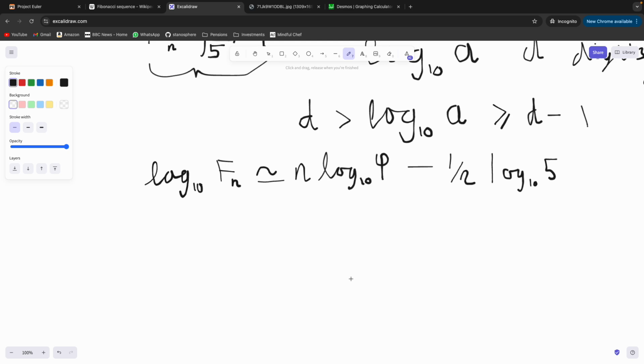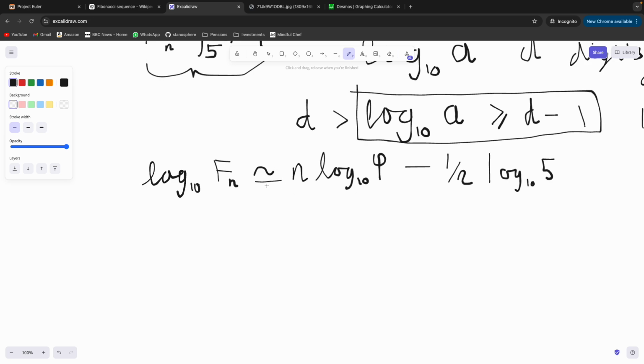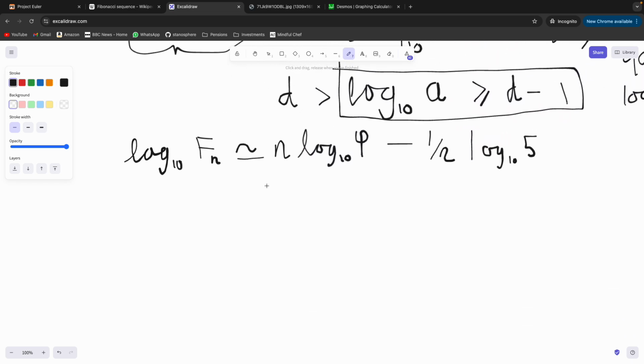And then, since what we care about is the number of digits being equal to 1,000, what we can do is use half of this inequality. I don't think it really matters which half, but let's use the right hand half of it, like this, and we can replace, so for us a is going to be equal to f of n. I think this approximation, I should really use inequalities again here rather than approximately equal, but I can't be bothered. So we're just going to say now that n log base 10 of phi minus,